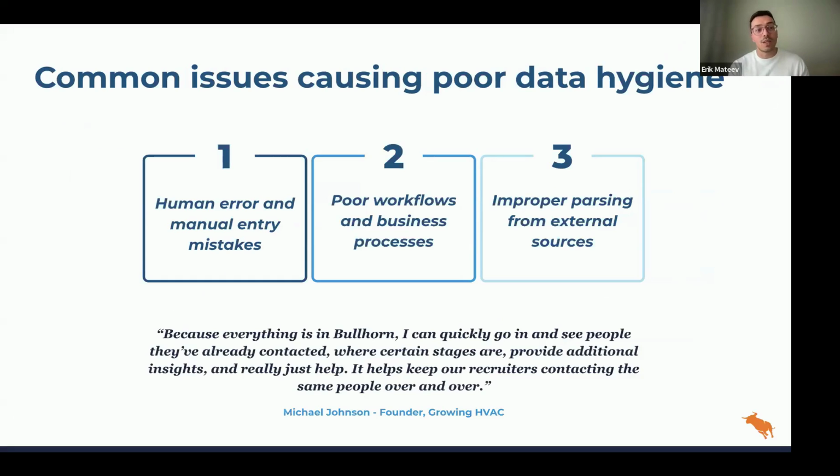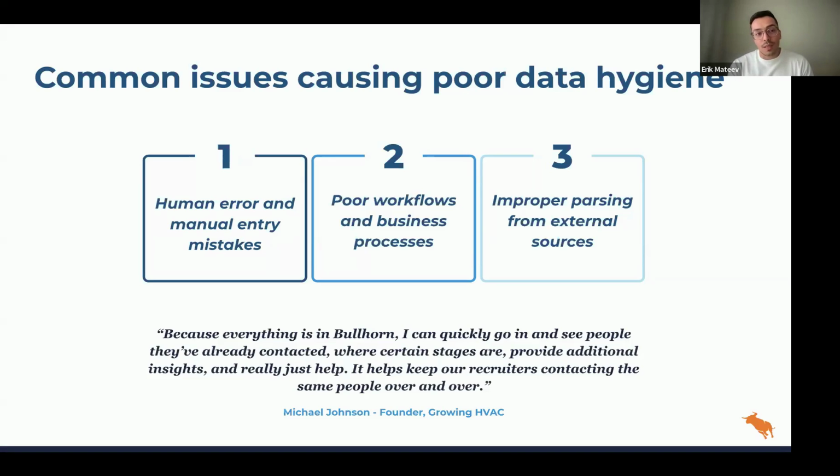The first one is not a surprise for anyone, right? This is due to human error, especially in cases where you have a lot of manual input that needs to be done by recruiters. There's always going to be space for error. Either they're going to misspell something, or they're going to put certain information in all caps, which we've all seen, or they're going to put data in the wrong place, or they're just not going to put the data in at all, right? Individually, when it's a record by record case, it might not seem like a big deal, but these things tend to stack up very, very quickly. And it could affect the way that you're able to interact with those records in the future. So that's one very big pain.